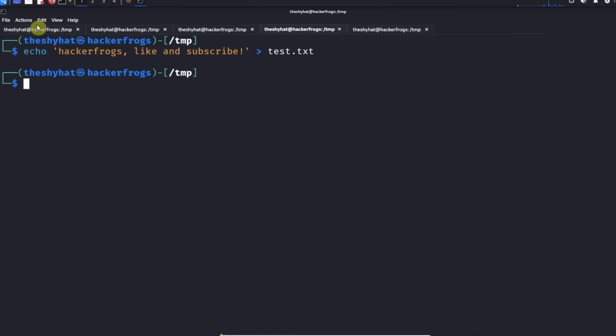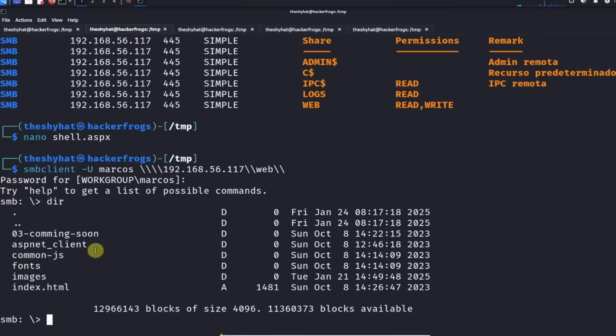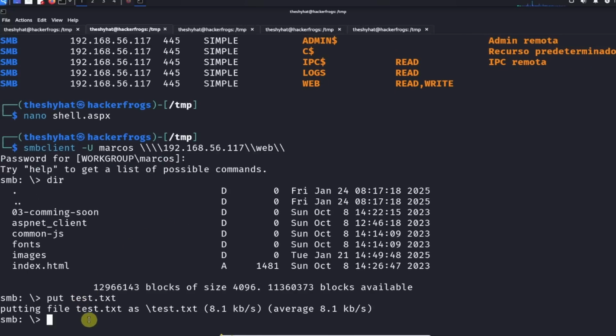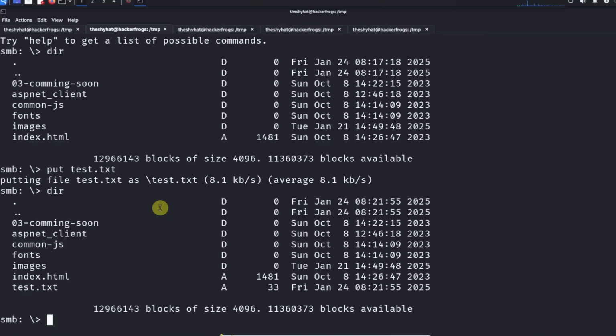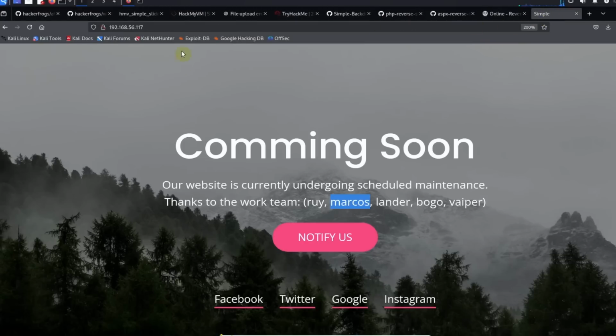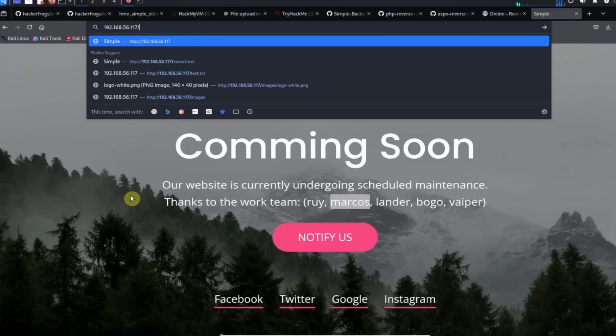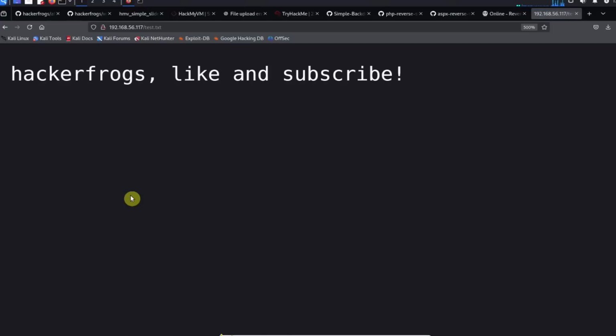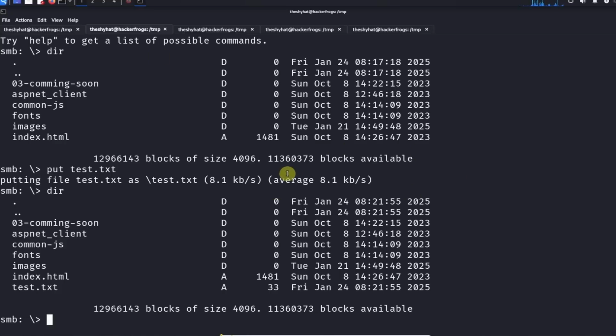Okay, and we can try uploading this. So in our SMB client over here, we're going to put test.txt. And it says we were able to put the test.txt file in here. We can try to access this from the web. So from the web, on the simple website, we're going to access the endpoint test.txt. And we get this, we were able to successfully upload this file, test.txt. It says HackerFrogs, like and subscribe. Okay. So now that we know that we have file upload capability,